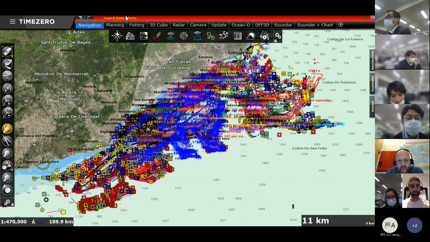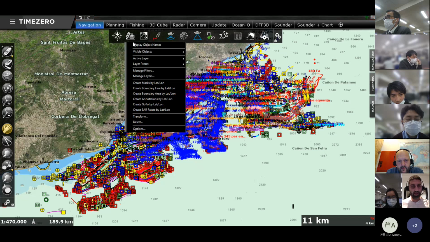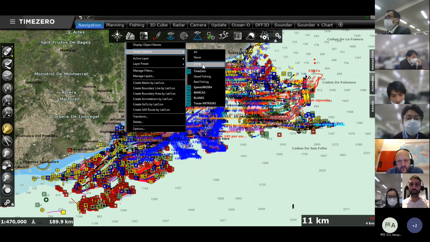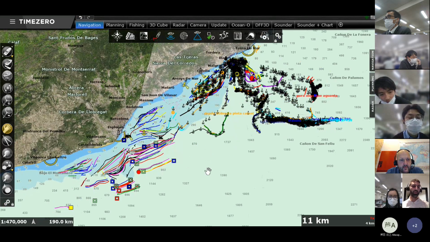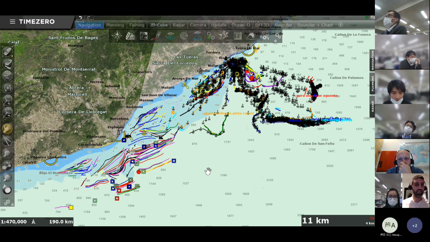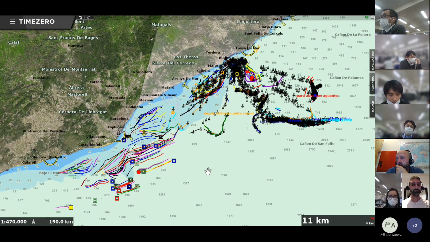I close it. You see that here I have a new filter created that is called 2018. And when I click on that filter, it will only display data from the year 2018. So again, that's a very easy and powerful concept that helps the fishermen to easily manage their database.